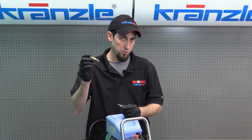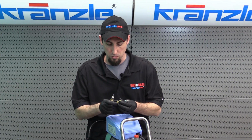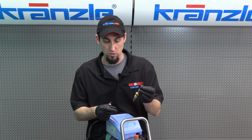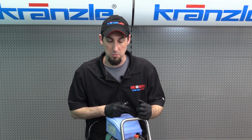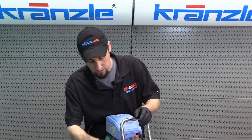So we're going to reuse the existing piston because, once again, brand new machine. We're just doing this for visual guidance, but that's how you preset your unloader control piston so that it's right within a fine-tuning range after you start the machine back up. So to reinstall the control piston, once you've got your jam nuts preset,